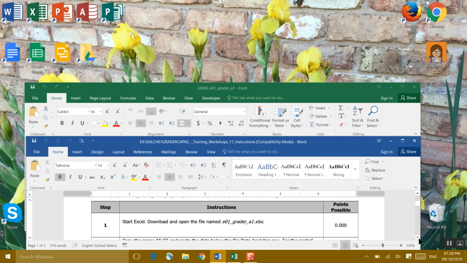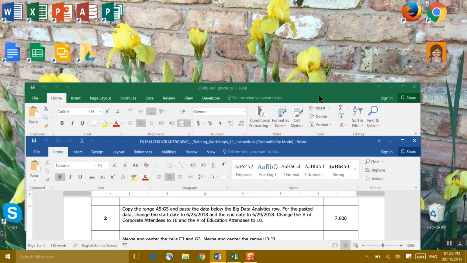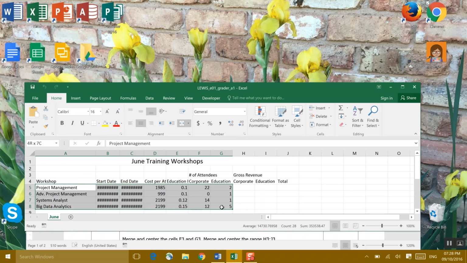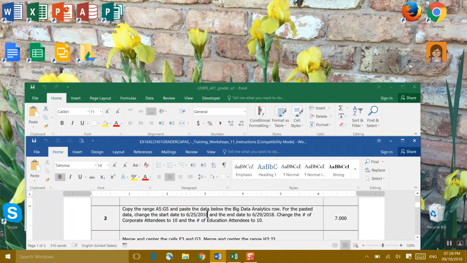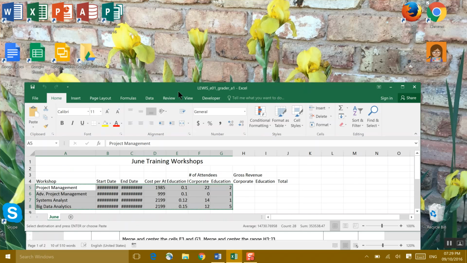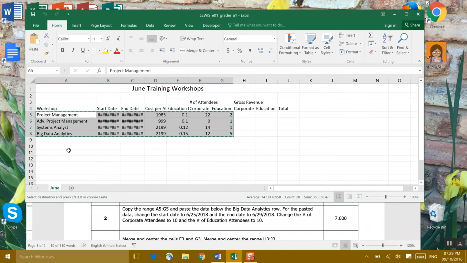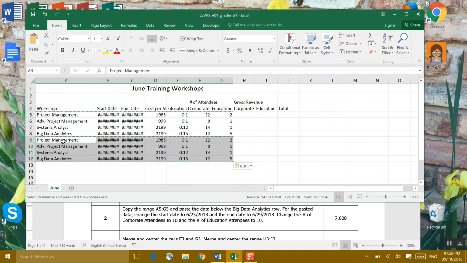Our next instructions are to copy the range A5 to G5. Let's start with that. So A5 is this cell right here to G5. Going to highlight it first. Control C to copy that area. And then what does it tell us? Paste the data below the Big Data Analytics row. Okay, we're going to do that first. So paste the data below Big Data Analytics row, which is right here. We're going to go ahead and move this up a little bit and make ourselves just a little bit bigger so we can see it. So we want to go right here and copy again. So I'll go click in cell A9 and go Control V, which pastes my cells, and